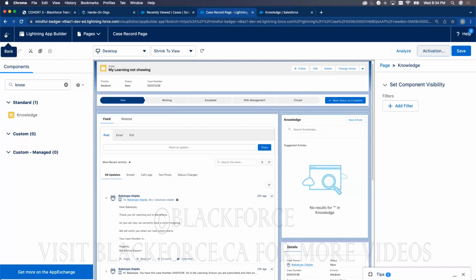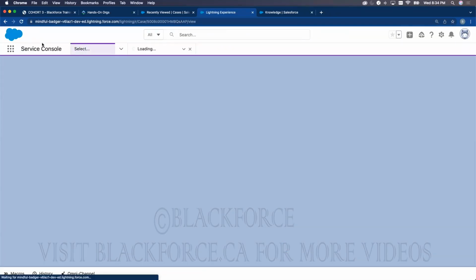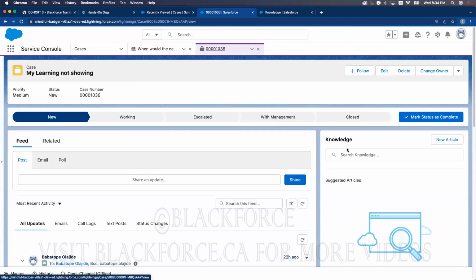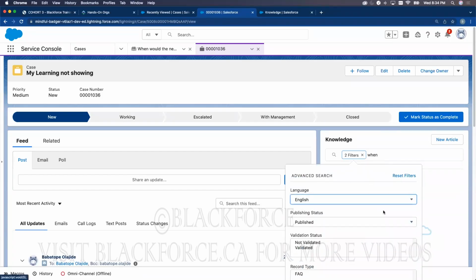Close. So there is no knowledge right now, but if there were knowledge, you would see it, or you can also look for the previously written knowledge. Okay, you can look